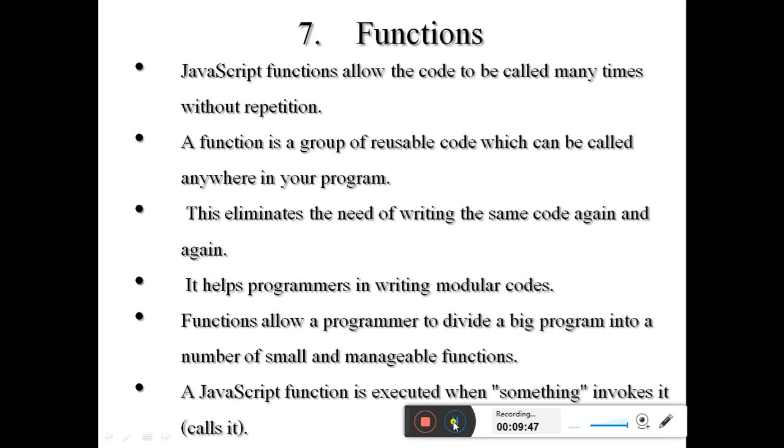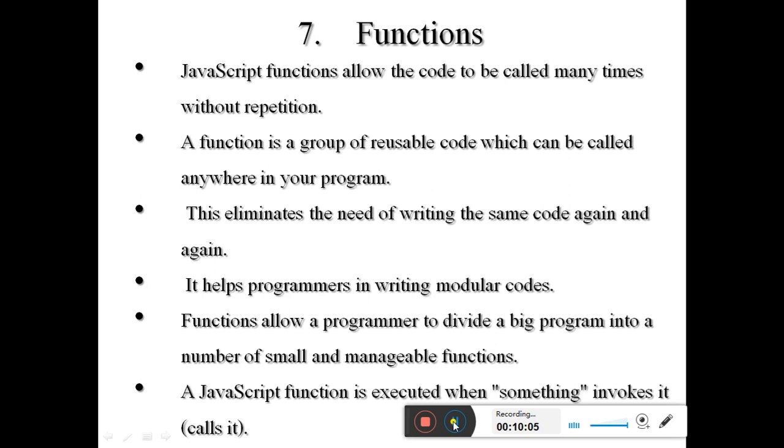So a block of reusable code is called a function. This eliminates the need of writing the same code again and again, right?